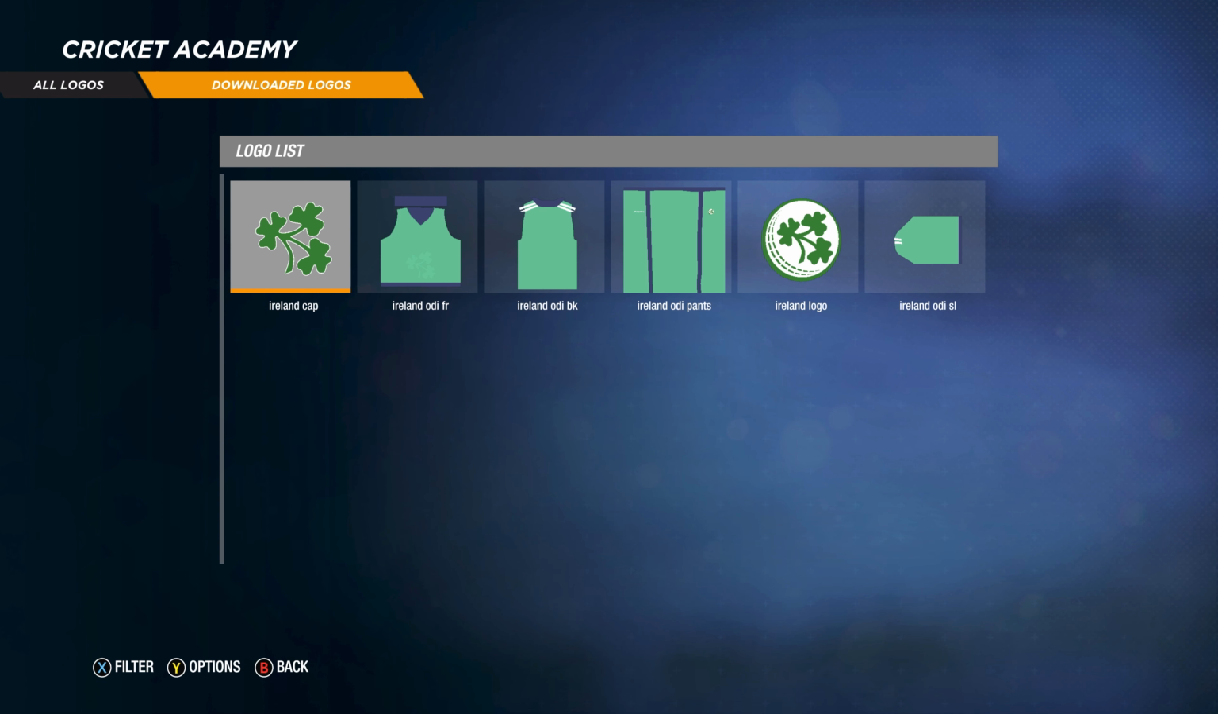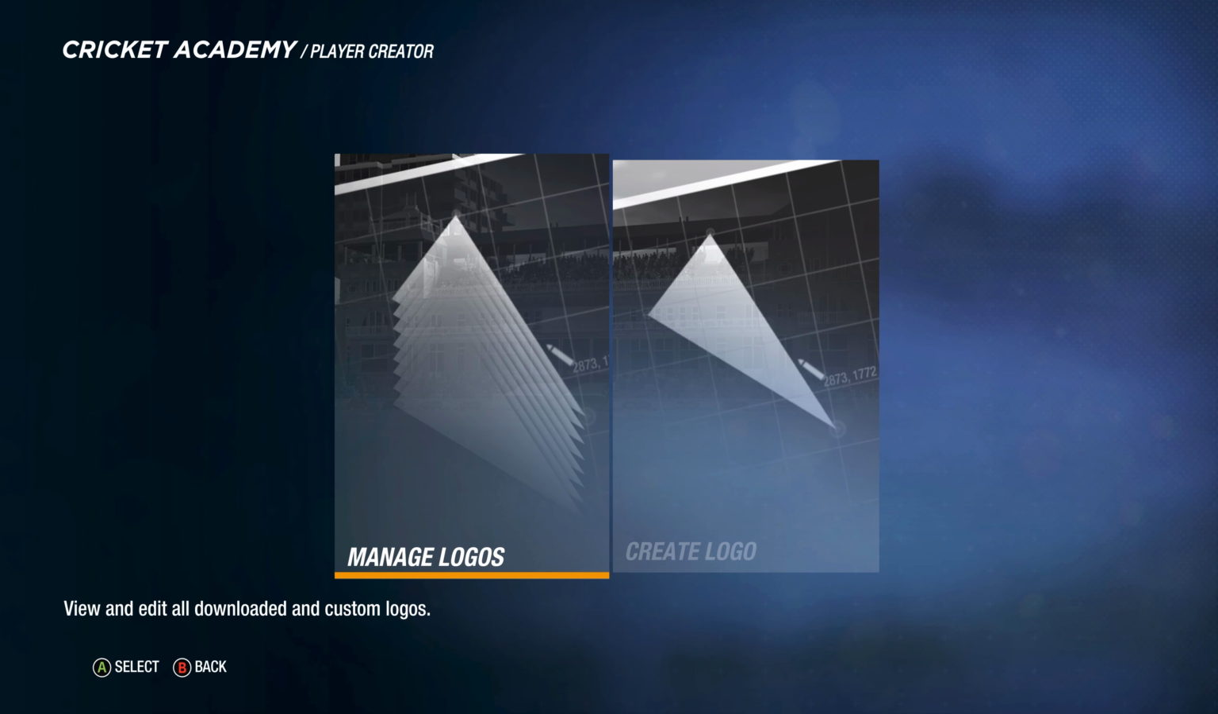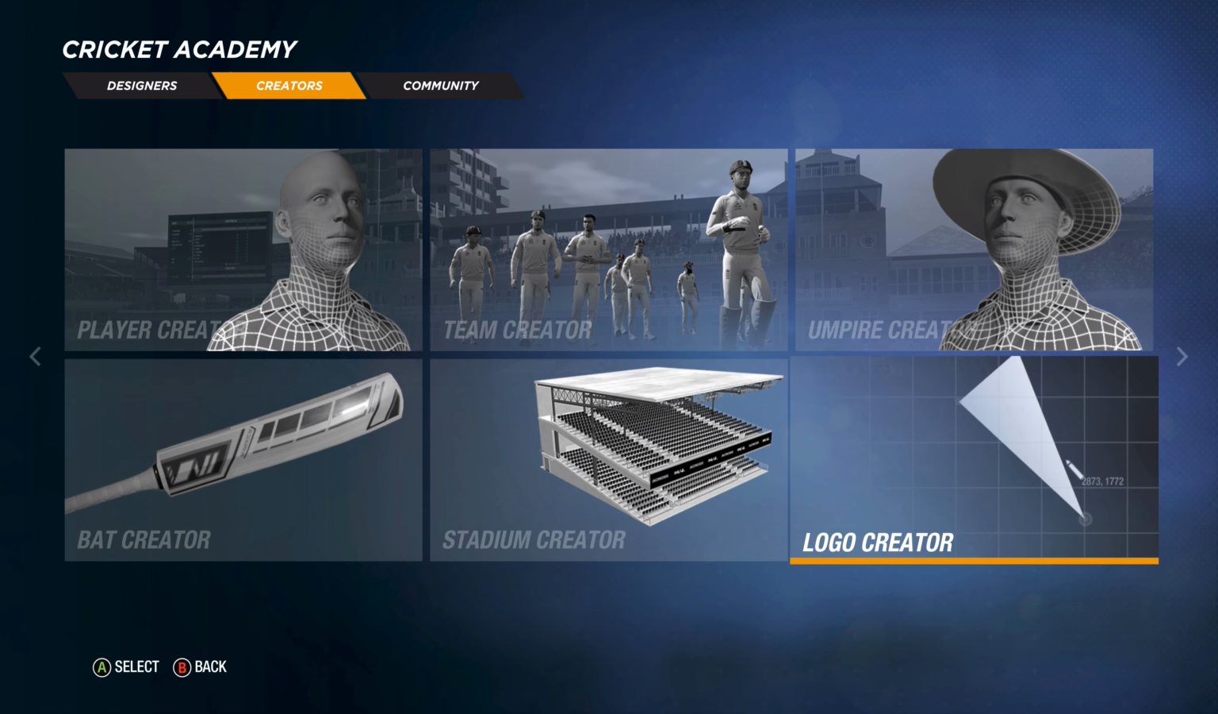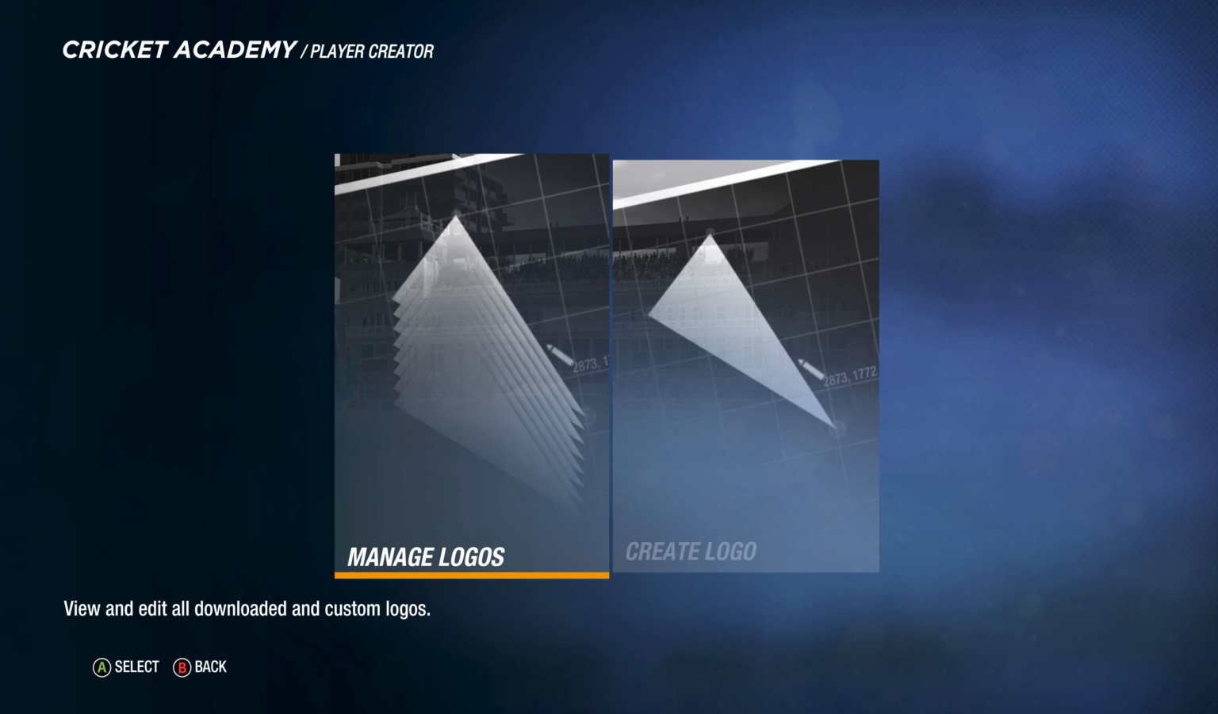So I believe that those are all the logos. So just search for all the logos like that, delete them. Like I said, this is if you have done it already. Once you finish deleting all the logos, this is where,